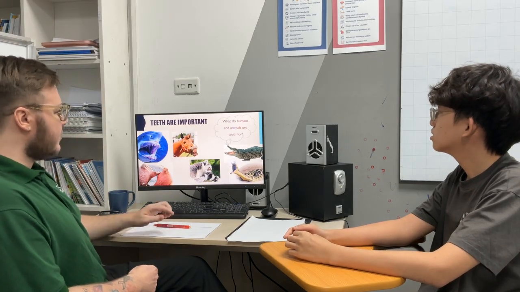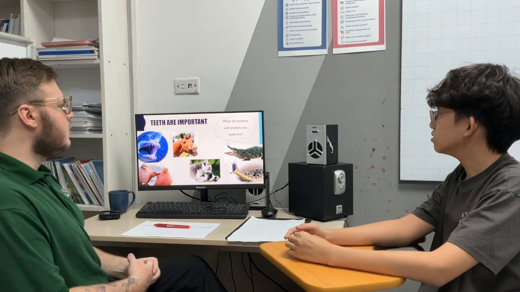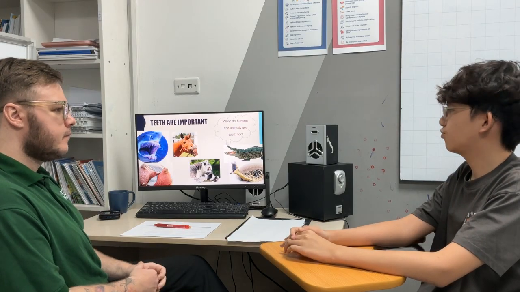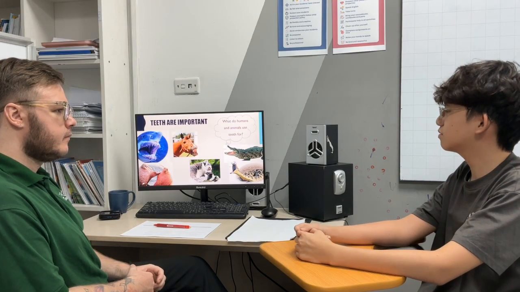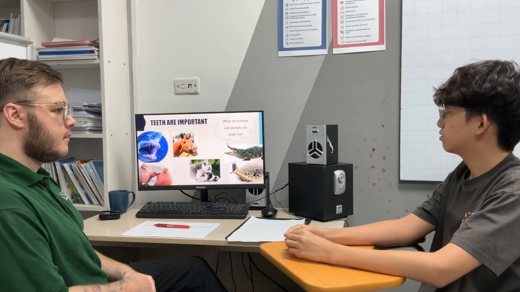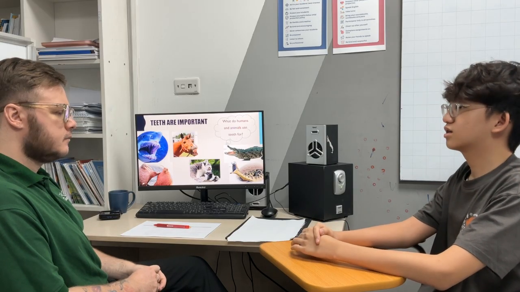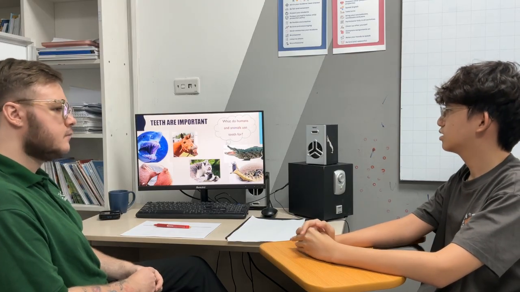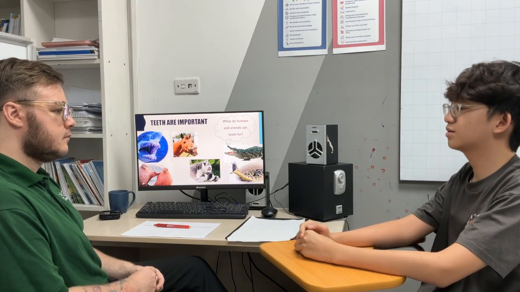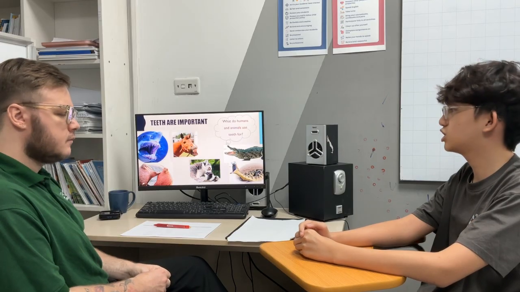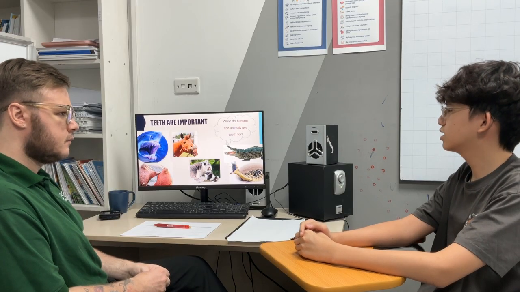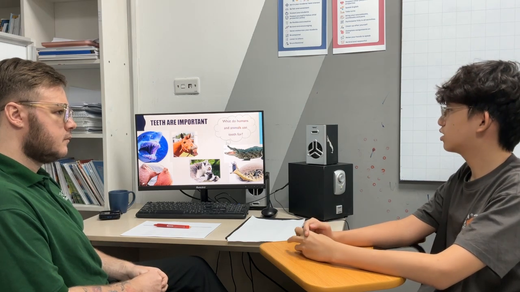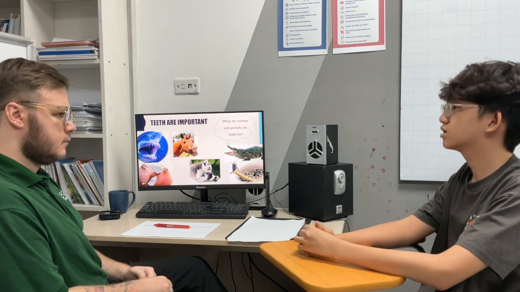Next, we learned about teeth. So can you tell me, both in humans and animals, what are they used for? So for humans, we use our teeth to communicate because when you speak, your tongue touches your teeth a lot and it forms sounds. And secondly, both humans and animals use teeth for biting and chewing. And lastly, some animals use their teeth to show and to attract mates.